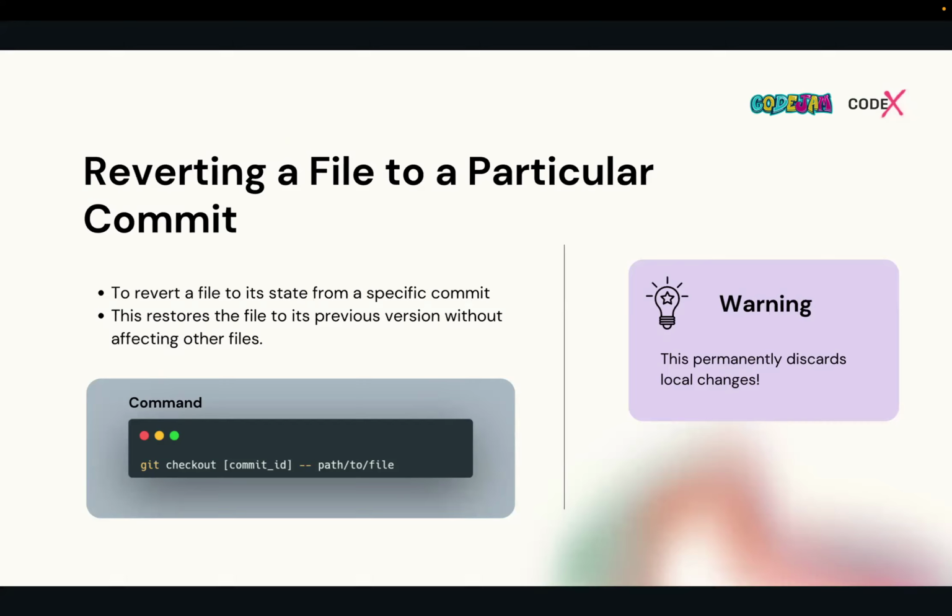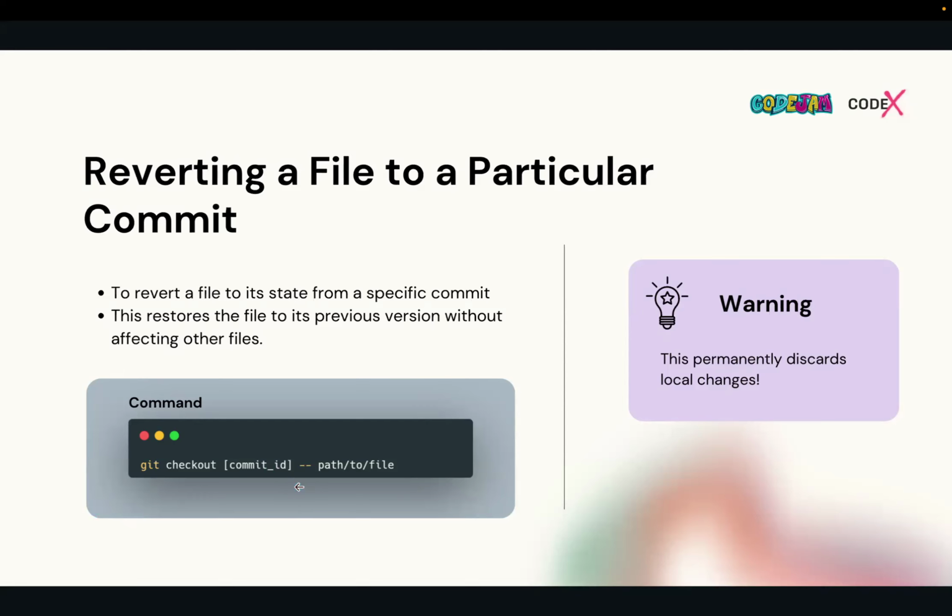I think you got me. That means you can open up a file and travel back in time only on top of that file, not totally from the commit history. You can use git checkout with the commit hash that you want to travel back to.